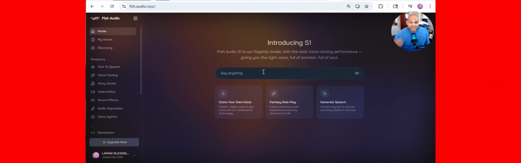They're making it their voice, or using another voice for their picture, so they're creating their own avatars these days. You can clone your own voice there, and it also has a fantasy role where it says create immersive audio experience and bring characters to life. So if you create your own avatar, or if you wanted the voice to change, maybe sound like a pixie or something like that, you have an opportunity to go in there. That's why it's called fantasy role.